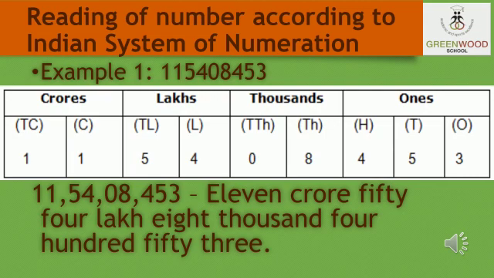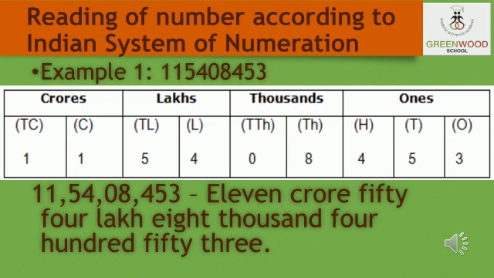I understand that each and every time it is not possible to draw a table. Then what to do, ma'am? Put commas to separate the periods. Count with me from the right hand side. Ones, tens, 100, put comma, 1,000, 10,000, put comma, lakh, 10 lakh, put comma, crore, 10 crore. A next number is not written, so I will not put a comma. Okay. Now read this number.